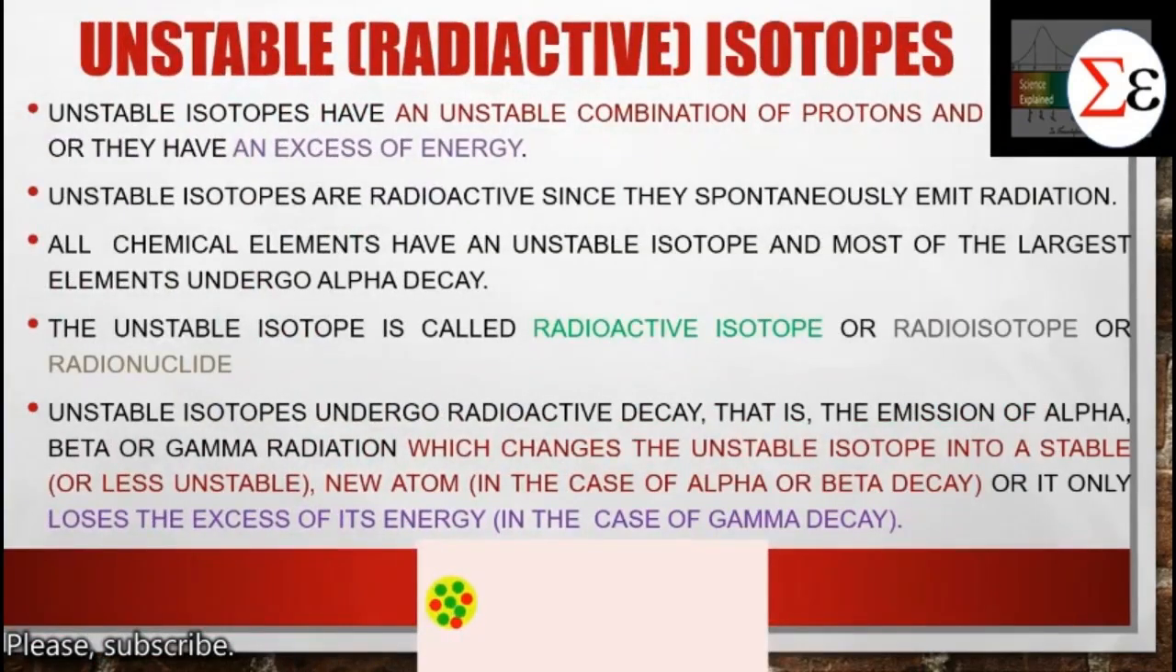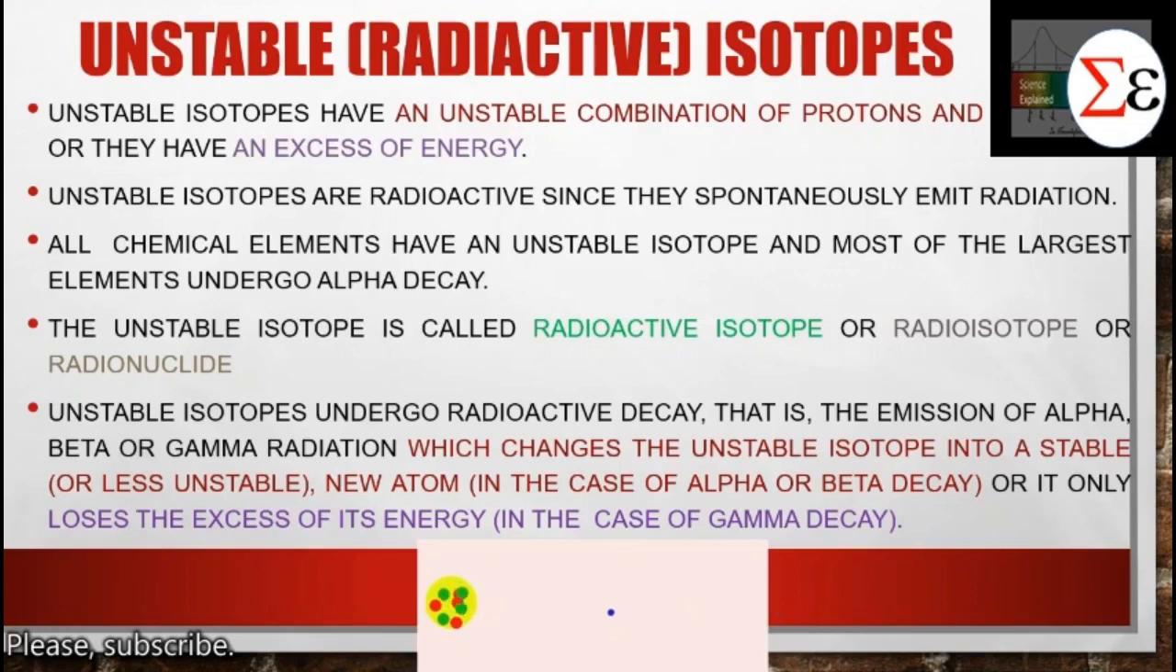So let's talk about the unstable radioactive isotopes. Unstable isotopes have an unstable combination of protons and neutrons, or they have an excess of energy. All unstable isotopes are radioactive because they spontaneously emit radiation. This radiation has three types: alpha, beta, and gamma radiation. And the unstable isotope undergoes a type of decay, radioactive decay, that has the same names: alpha decay, beta decay,